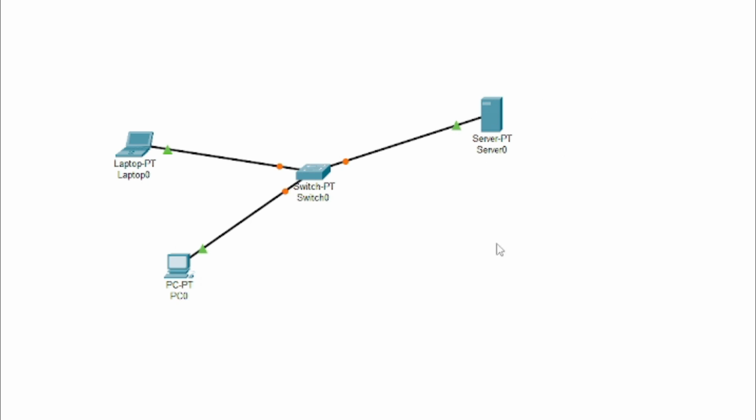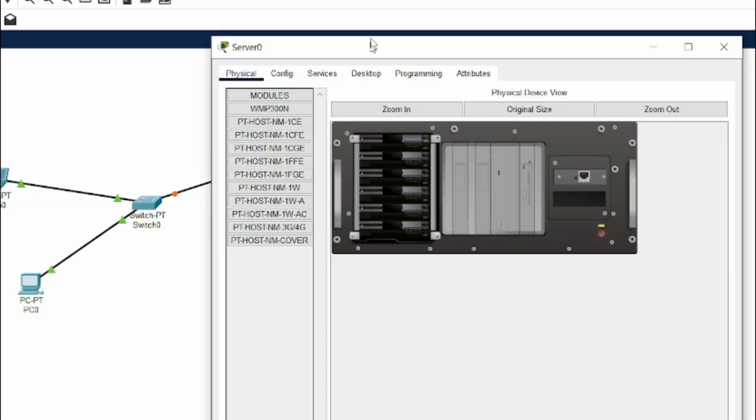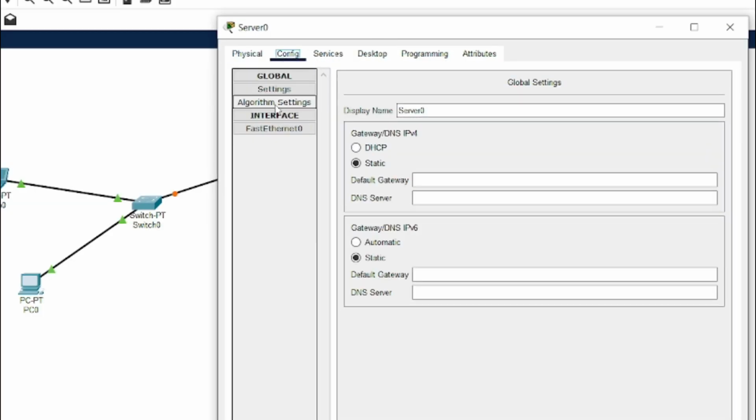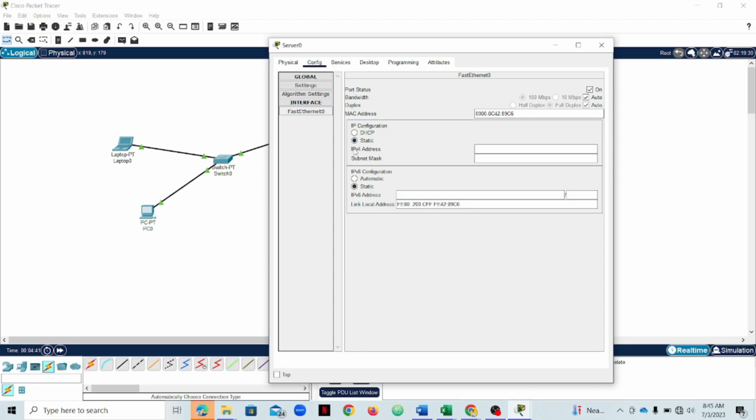So what next? Now let's go ahead and give our server and clients IP addresses. We have to give our clients IP addresses and then give our server an IP address. Let me click on the server once. Click on it once, come to configure, come to FastEthernet, the last option, click on that. Now inside the IP configuration here, IPv4 address,